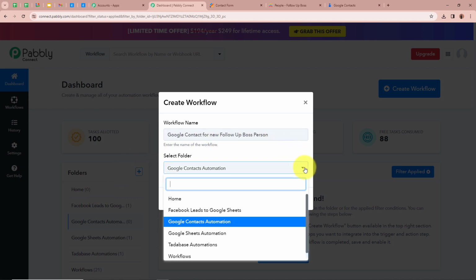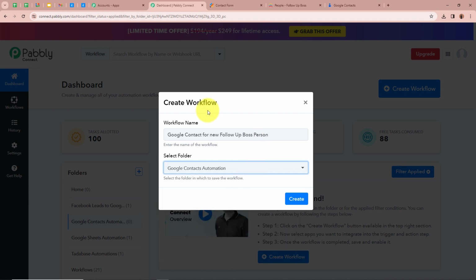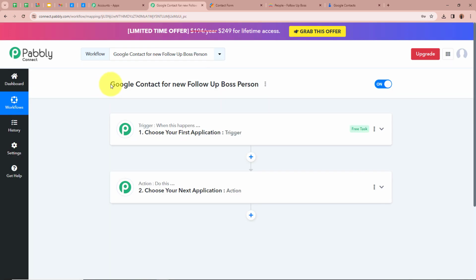For that, we have to click right over here in the drop down, and I want to save this workflow in the Google Contacts automation folder right over here. After selecting the folder and giving a name to our workflow, we are going to click on Create in order to create a workflow. A workflow is created in the name of Google Contacts for new Follow Up Boss person, and